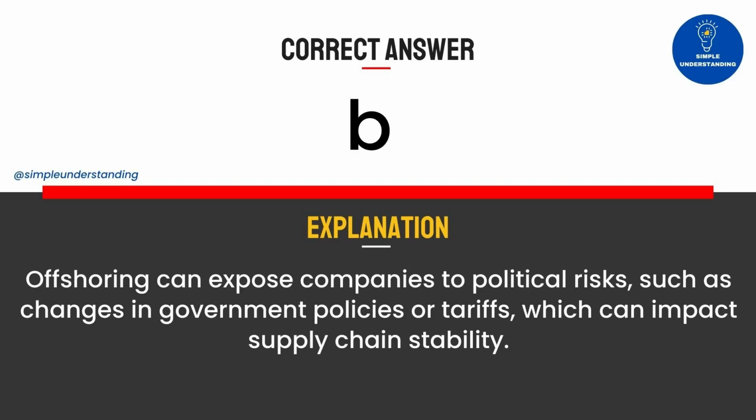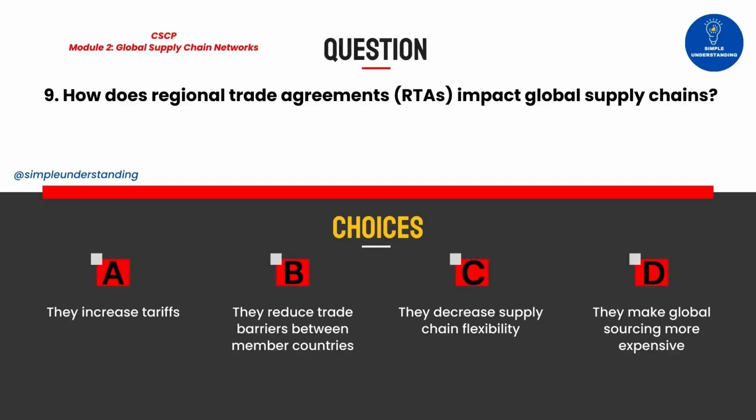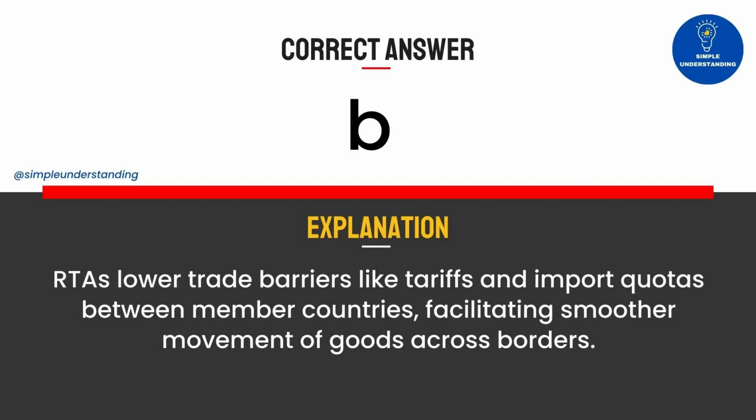supply chain stability. 9. How do regional trade agreements, RTAs, impact global supply chains? A. They increase tariffs. B. They reduce trade barriers between member countries. C. They decrease supply chain flexibility. D. They make global sourcing more expensive. Correct answer B. Explanation. RTAs lower trade barriers like tariffs and import quotas between member countries, facilitating smoother movement of